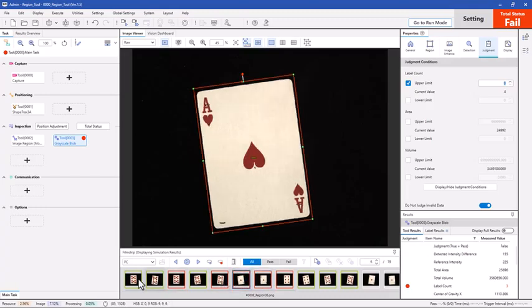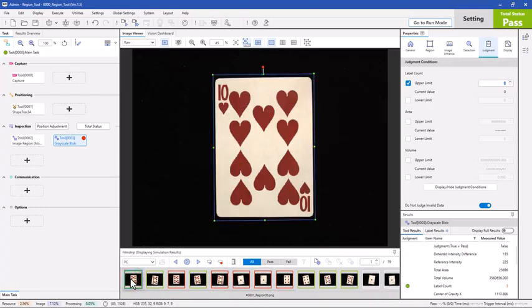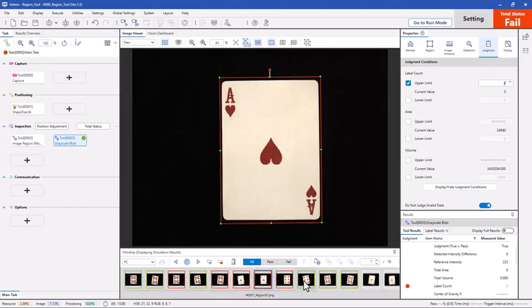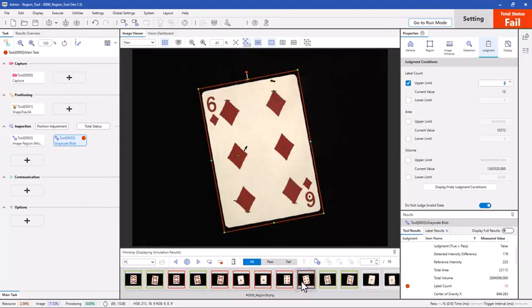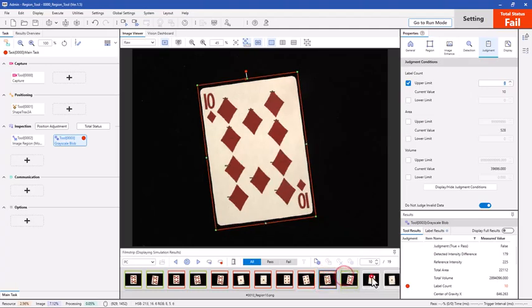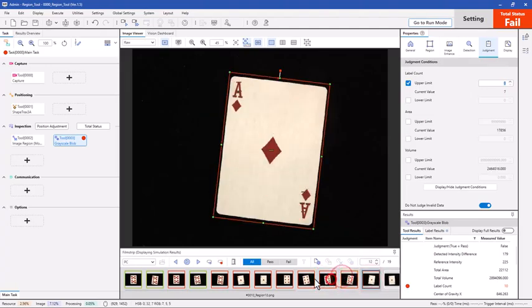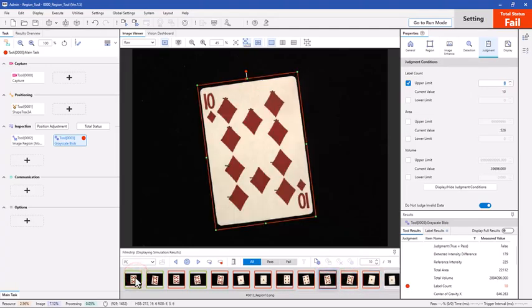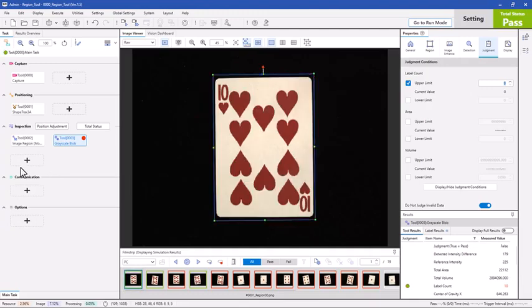But if you need it to adapt, that's where the image region tool current image will be helpful. So let's do the same inspection now, but have it adapt to the shape so we can account for the different cards that come in, different patterns. The cards are used for this example, but let's say the pattern changes. So we still want to look for defects in this white area, but ignore the red pattern, and it will change. So let's go back to the first image for now,